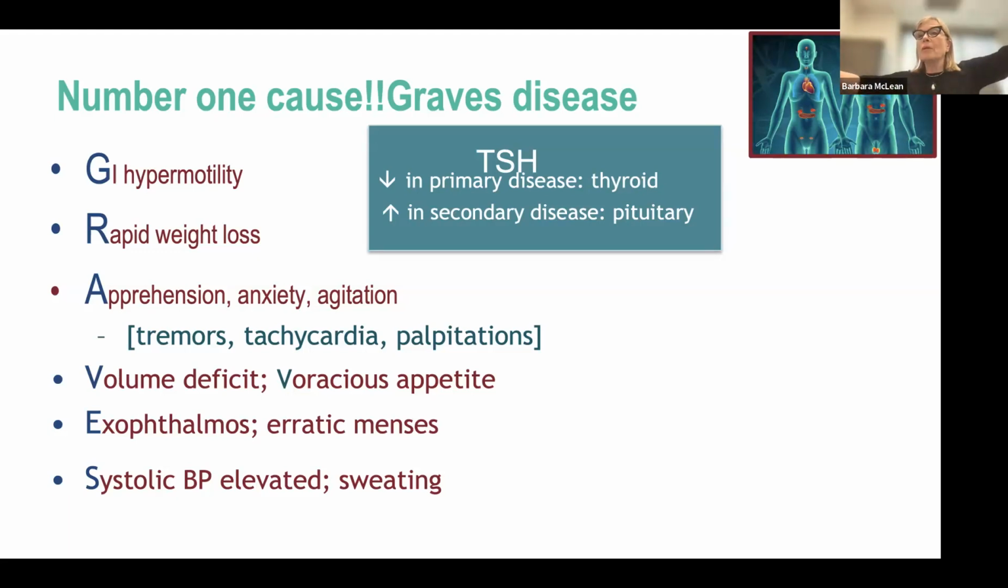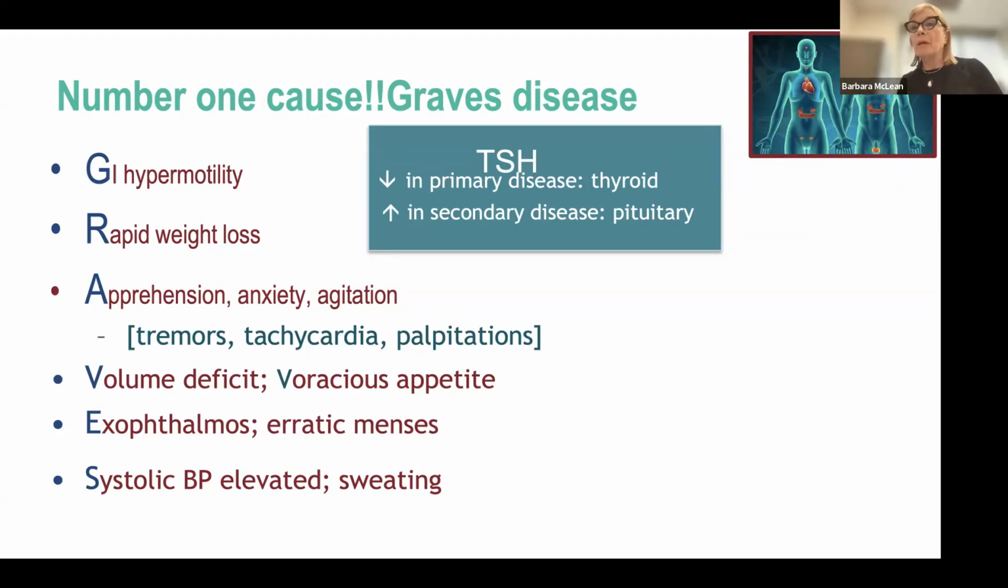That thyroid hormone is out there in the circulation and, in a negative feedback loop, tells the pituitary to shut down. So in primary thyroid disease, in primary hyperthyroidism, your TSH will be low because the pituitary is like, whoa, thyroid gland, you're way overproducing. Stop, stop, stop. So TSH goes down, but your thyroid gland is still producing the thyroid hormone. So your free T3 will be up, your reverse T3 will be down, and your T4 will be